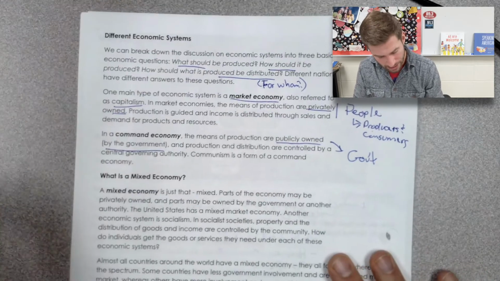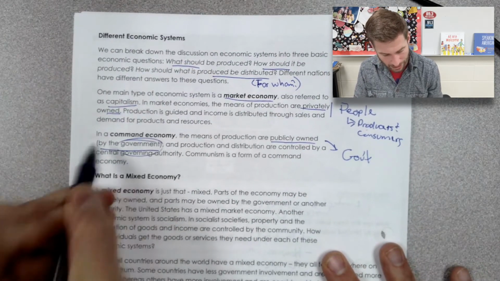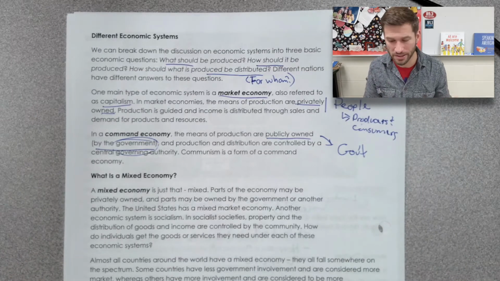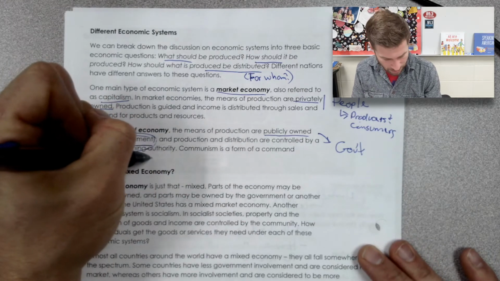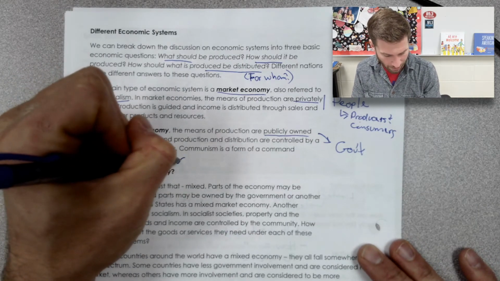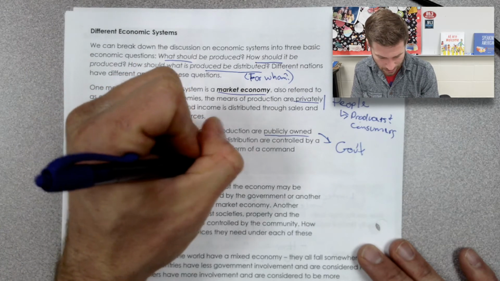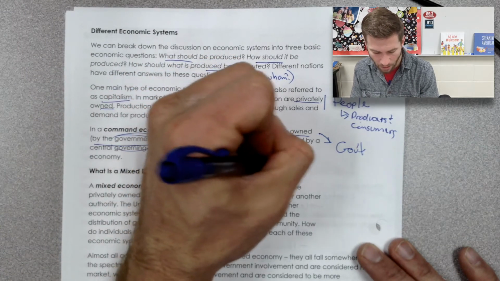However, one thing that we need to make note of here, and although we often see government as kind of a signal word or keyword for command economy, we should probably note in big letters here, however, government does not equal bad, right? Just because you might read about government regulations or government influence on society or on the economy, that isn't always a bad thing. We talk about regulations. For example, it's illegal to sell certain products to minors. Tobacco products, you can't sell them to folks under the age of 18. Alcohol products, you can't sell them to folks under the age of 21.